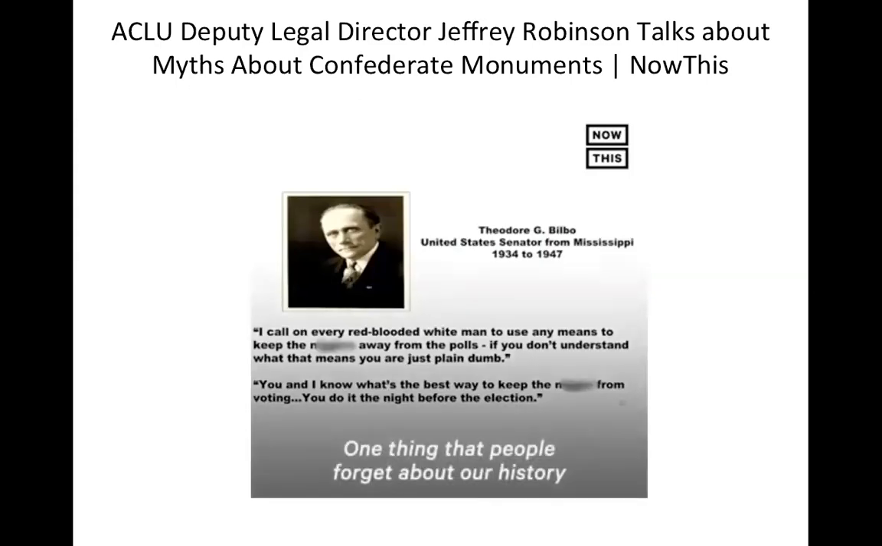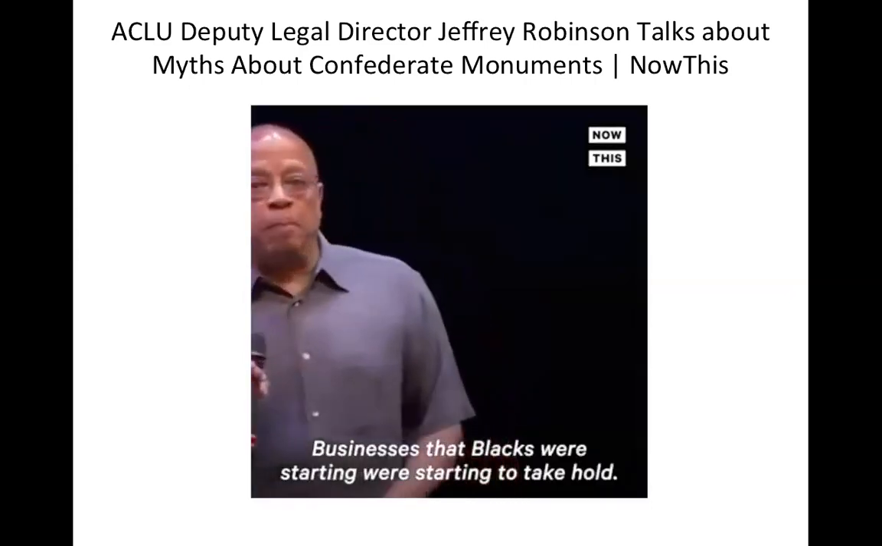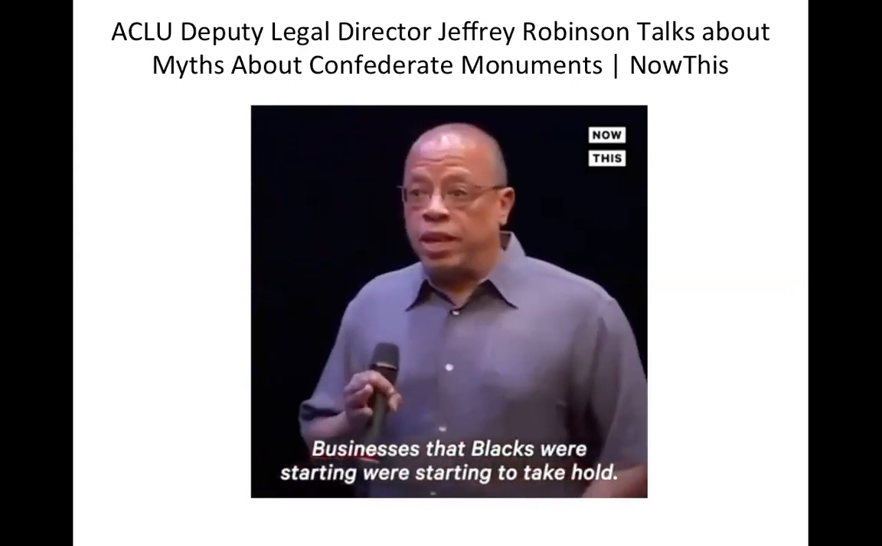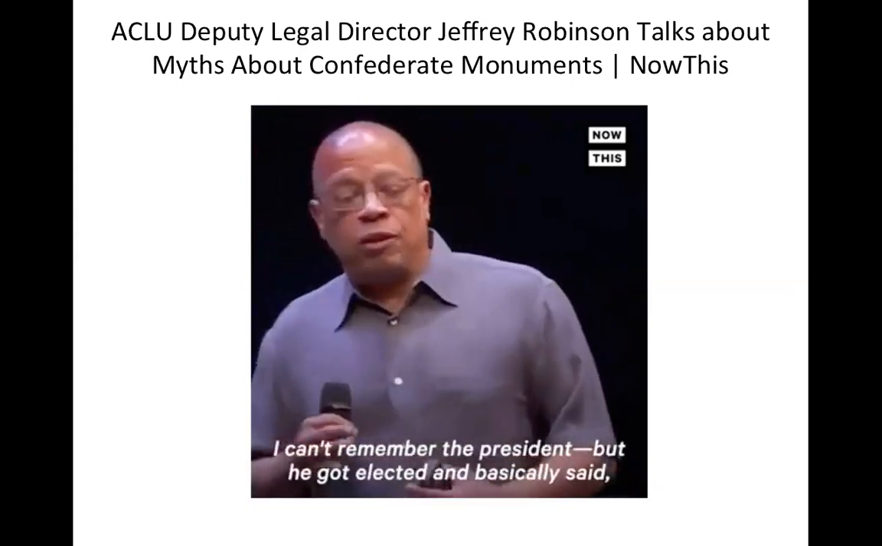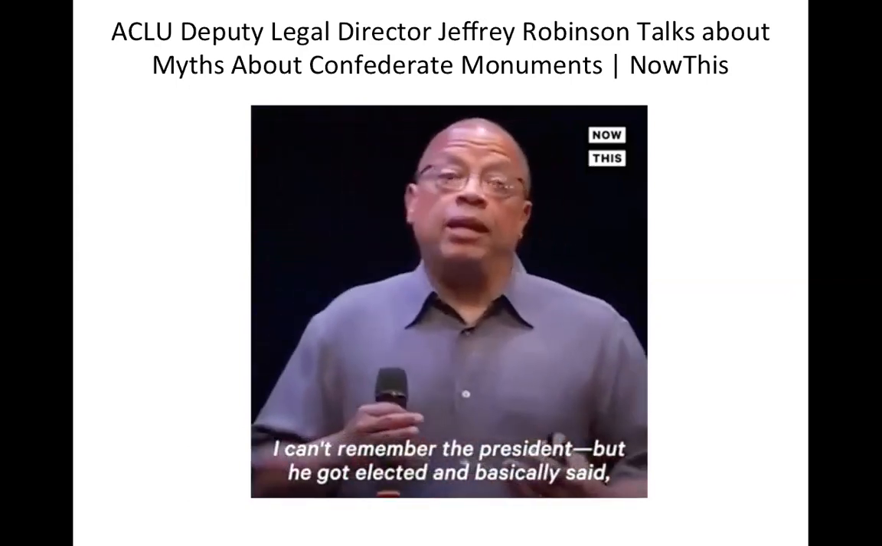One thing that people forget about our history is that Reconstruction after the Civil War was actually working. There were over 2,000 black elected officials in America. Businesses that blacks were starting were taking hold. And in 1877, I think it was Grover, I can't remember the president, but he got elected and basically said,